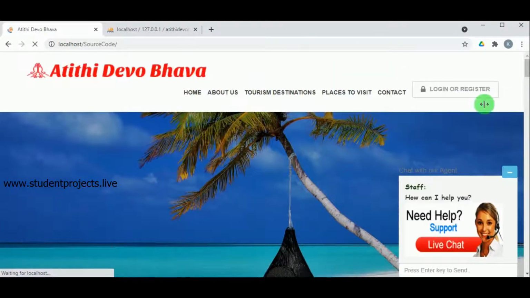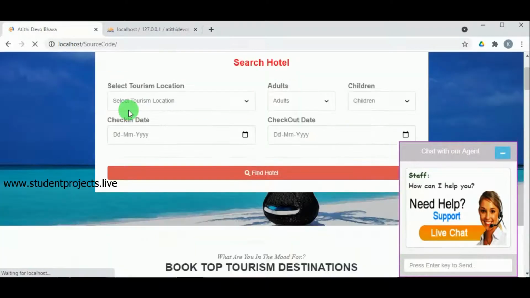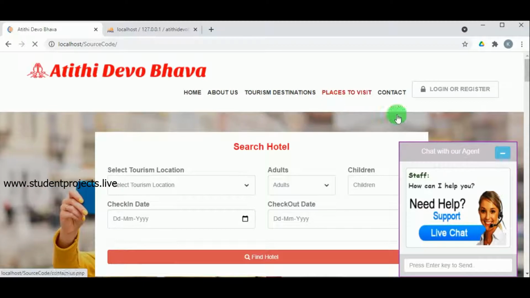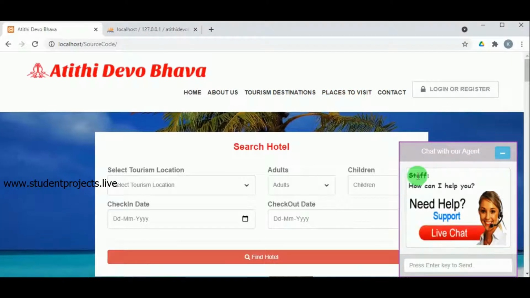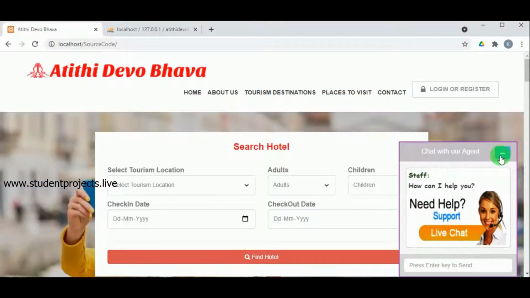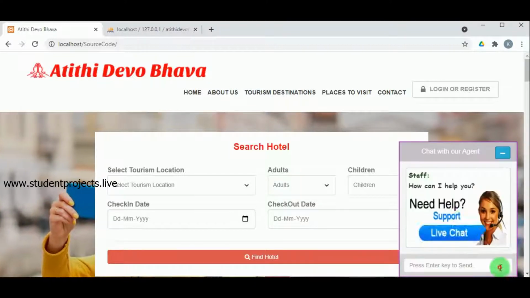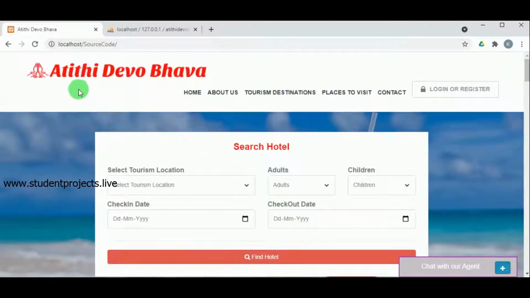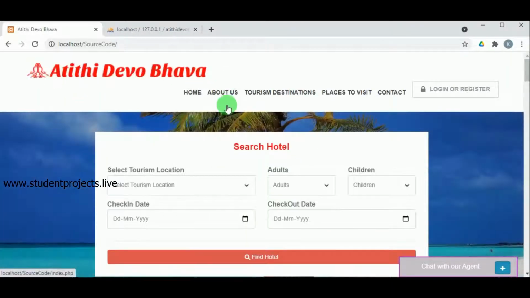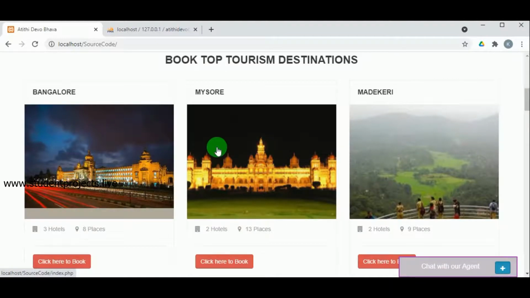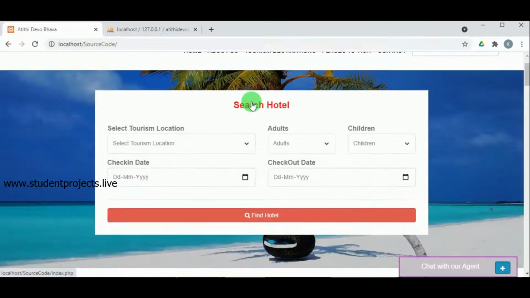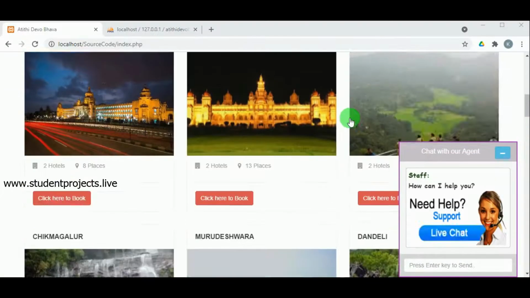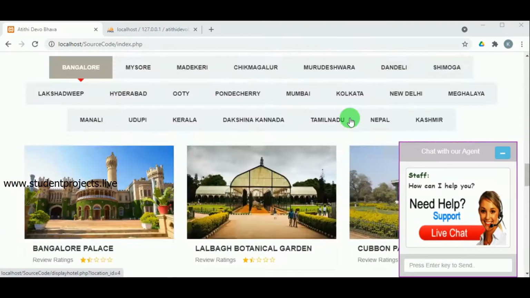So the tours and travels booking project, here the customers can book hotels for various different tourism places where they want to travel. And there is also a chat option to chat with the staff of the web page. By searching the hotel in different locations, they can view all the details of the hotels as well as the locations. The web page is used by the admin, staff as well as the customers.